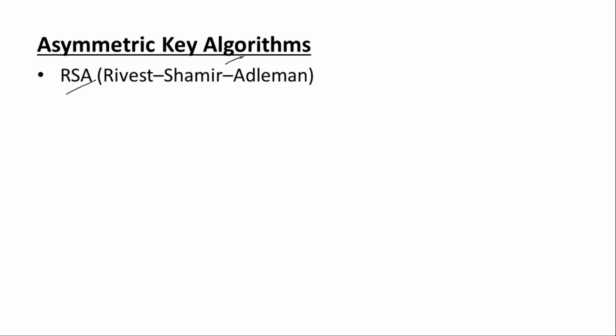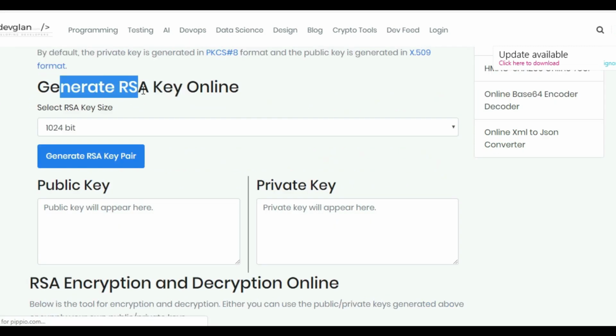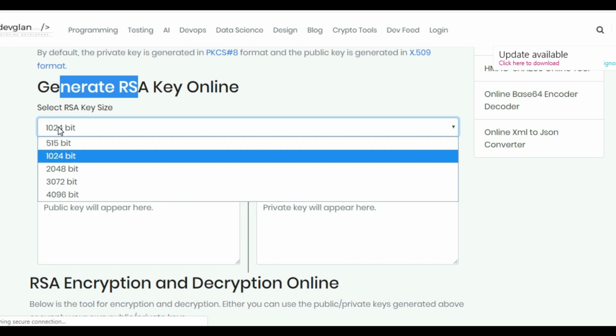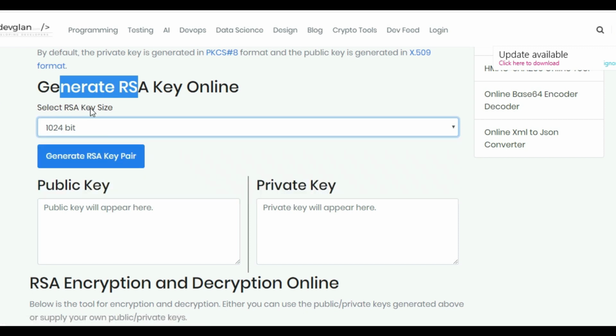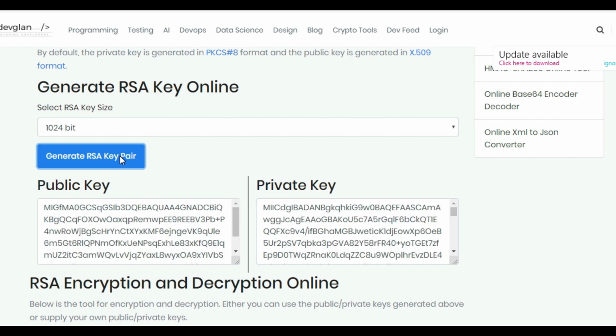So now I'll show you an example, kind of a small lab where we will be doing asymmetric key encryption using the RSA algorithm. So we are using this online portal for asymmetric key encryption using the RSA algorithm. So we'll generate RSA keys. We are using 1024 bits for the RSA key size. Once I press this, I'll get my pair of keys. One will be public, another one is private. So this is my public key and this is the private one.